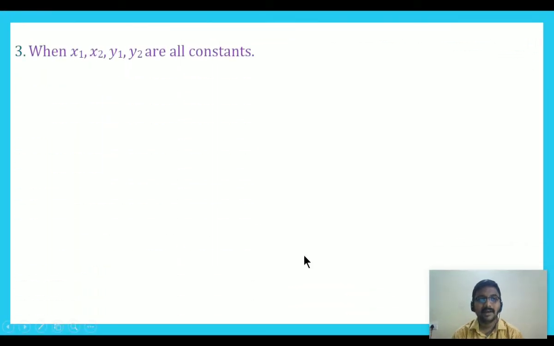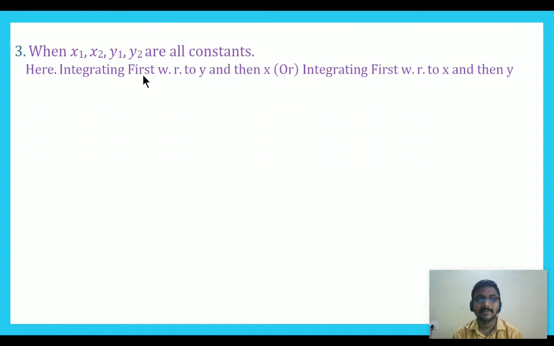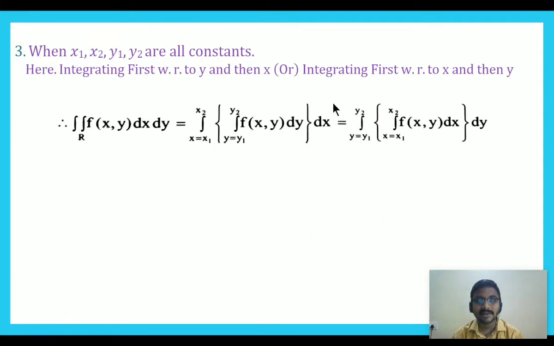Step 3. When x1, x2, y1, y2 are all constants, that means all the double integral limits are constants. Here, integrating first with respect to y and then x, or integrating with respect to x and then y, because the order of integration is immaterial. In case all the limits of a double integral are constant, then the order of integration is immaterial, provided the